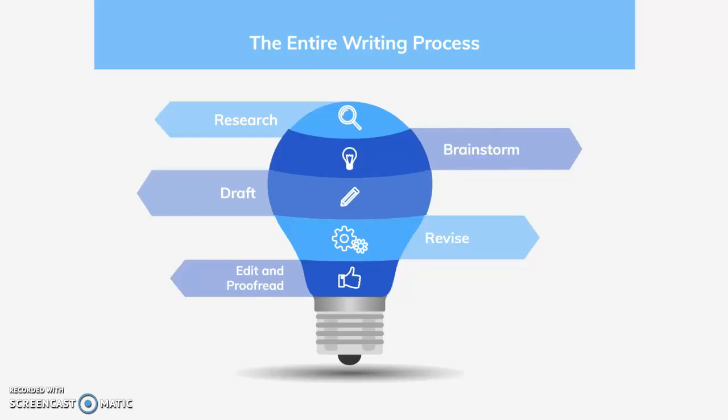So we've talked a lot about proofreading, editing, and the first step, of course, which would be revision. And those are just some components of the entire writing process. So just as a recap, the writing process starts with research. Then you move on to brainstorming or coming up with ideas that you're going to be writing about. And that all happens before you actually sit down and write your first draft. You take your draft and you revise it thoroughly based on both your own ideas as well as possibly the feedback of others. And then before you're ready to send your paper off to a publisher or to your professor, you'll want to edit and proofread.